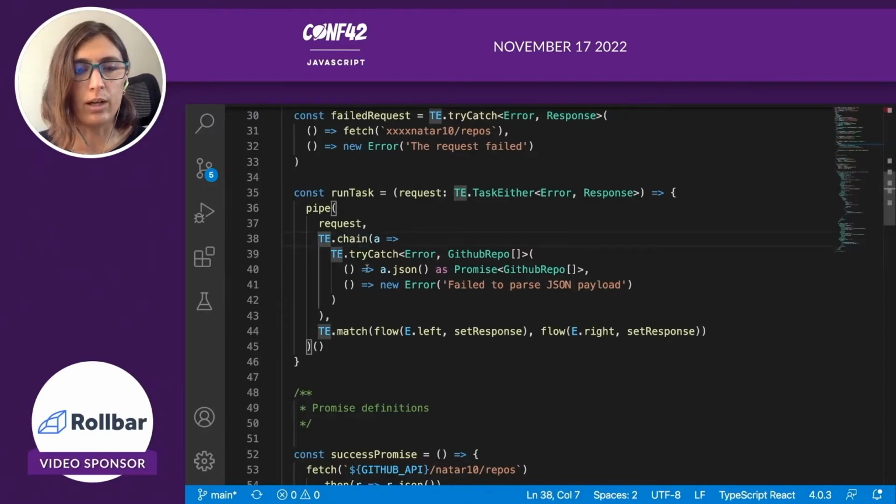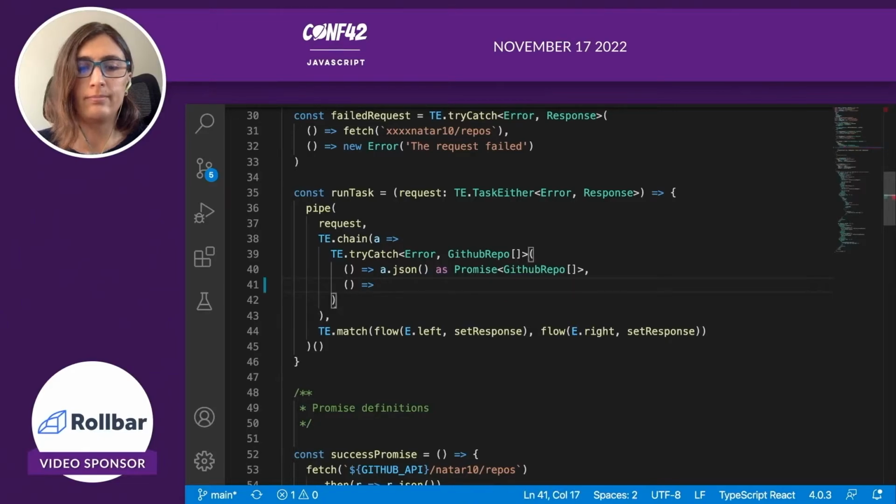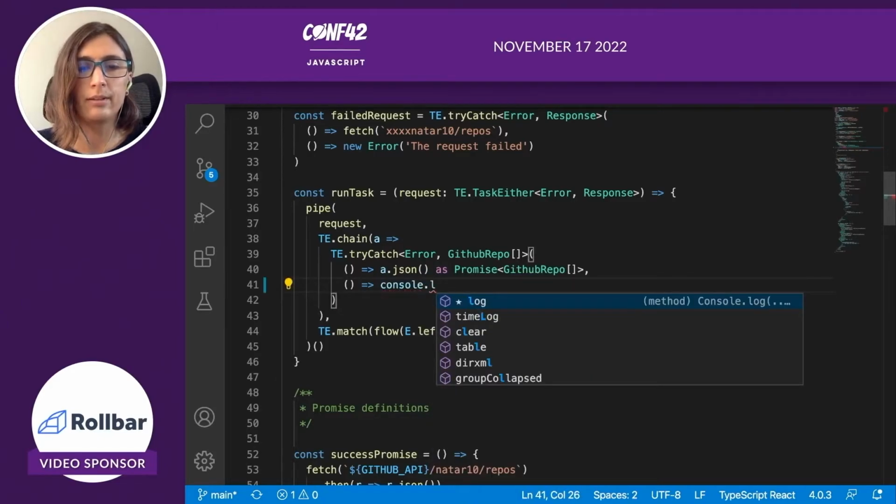Okay, so what I'm doing here is chaining a try and catch on the resolution of the data, right? If the request succeeded, then I'm going to go ahead and get the JSON, and return the JSON to the developer to do whatever the developer wants to do. Otherwise, I'm going to have to return an error, right? If I try to return the typical, I don't know, console log, something,